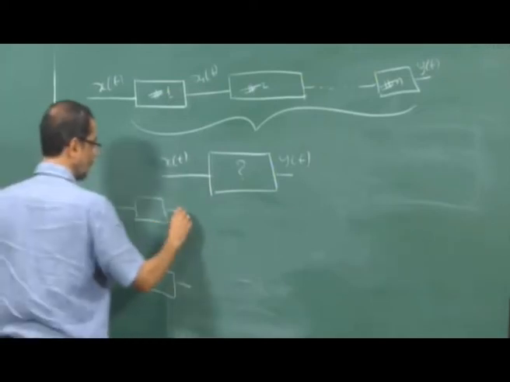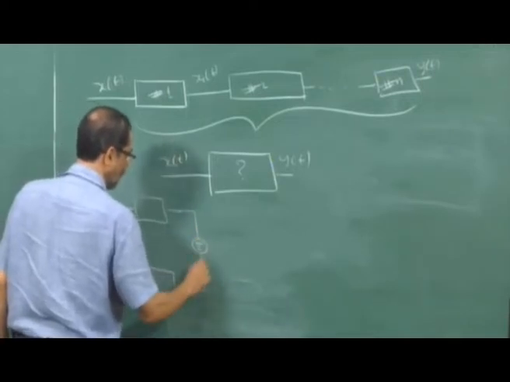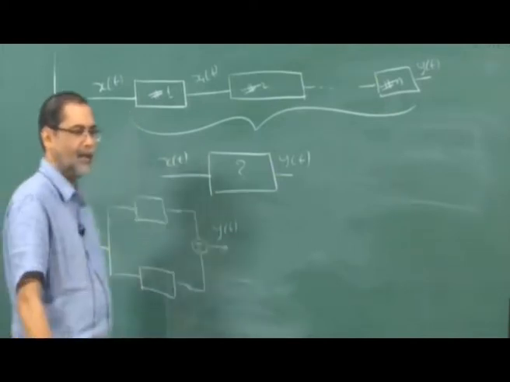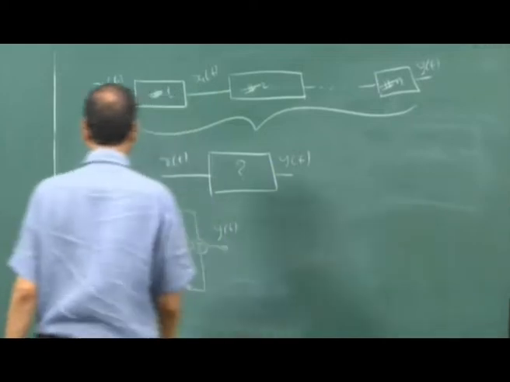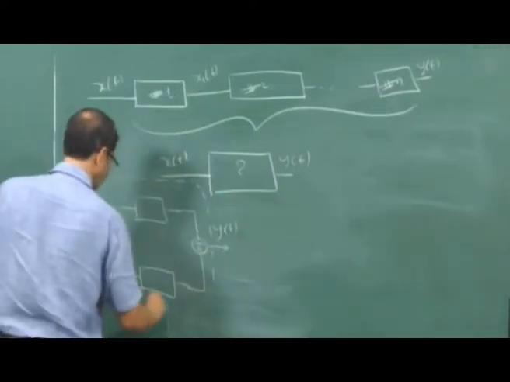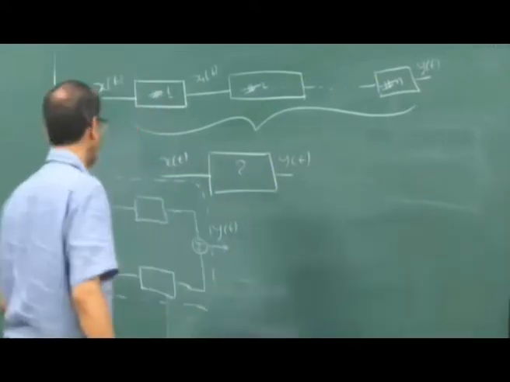Two systems or more than two systems, and the output is added up. Right? So is it possible to represent this entire thing by one system? What will be the nature of that? So the answer is, if both are LTI systems, if this is LTI,